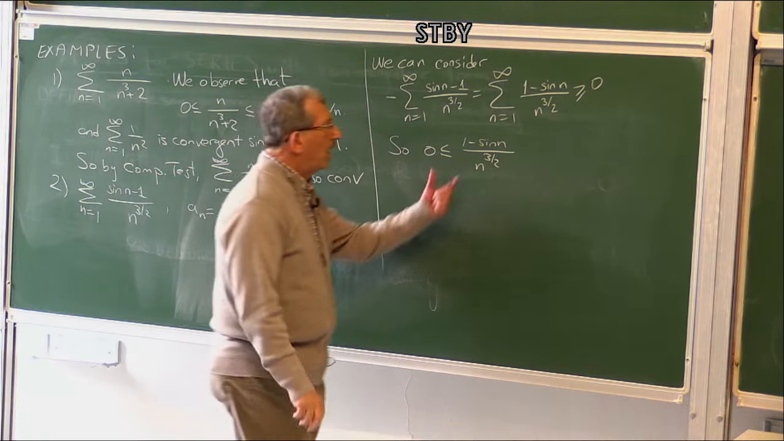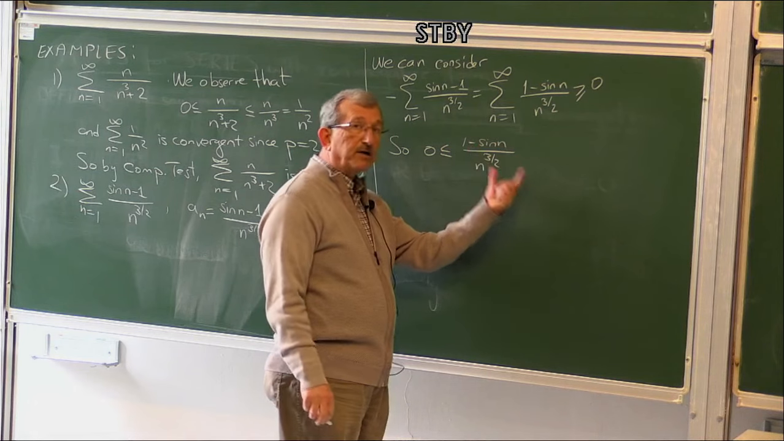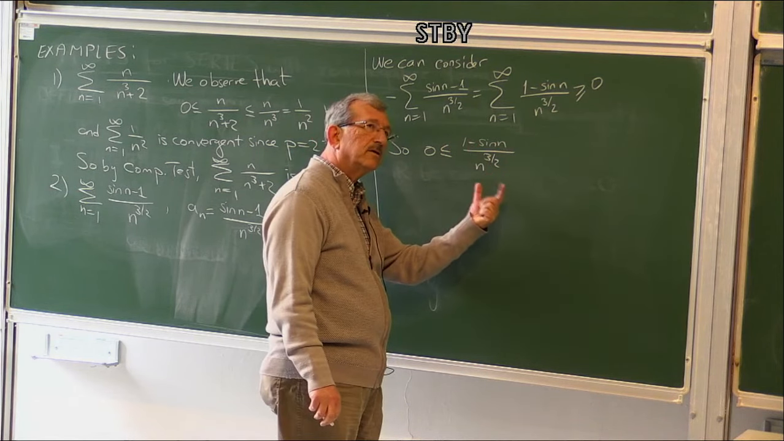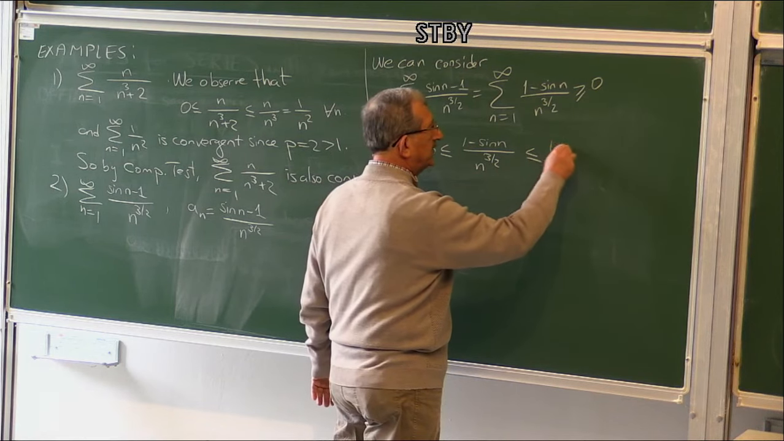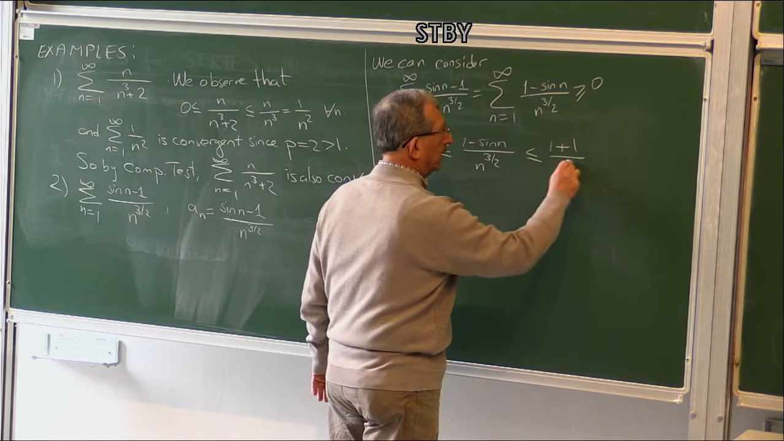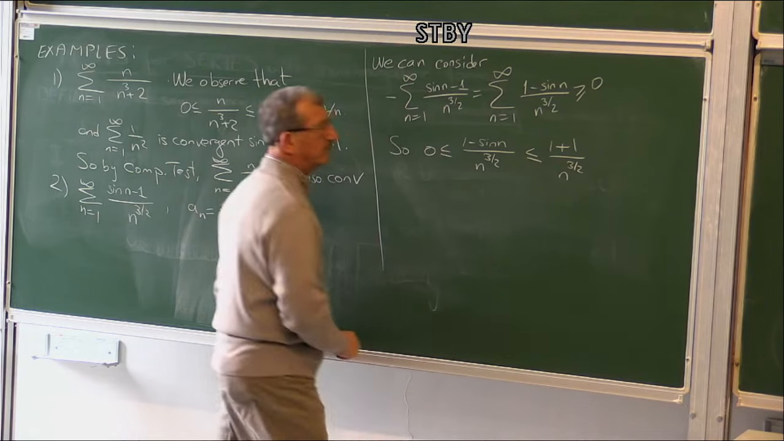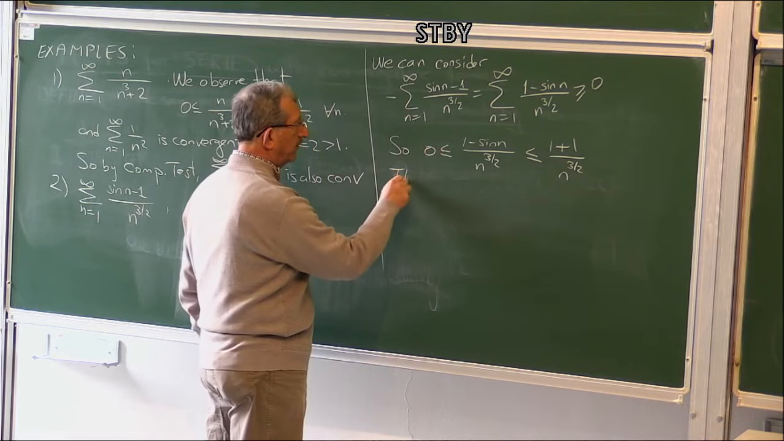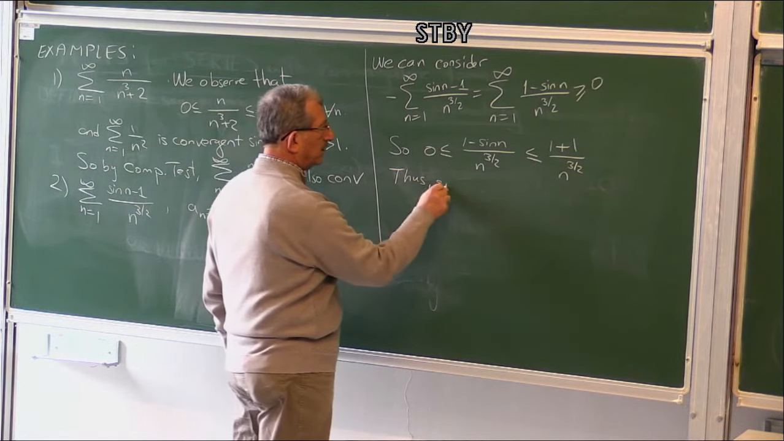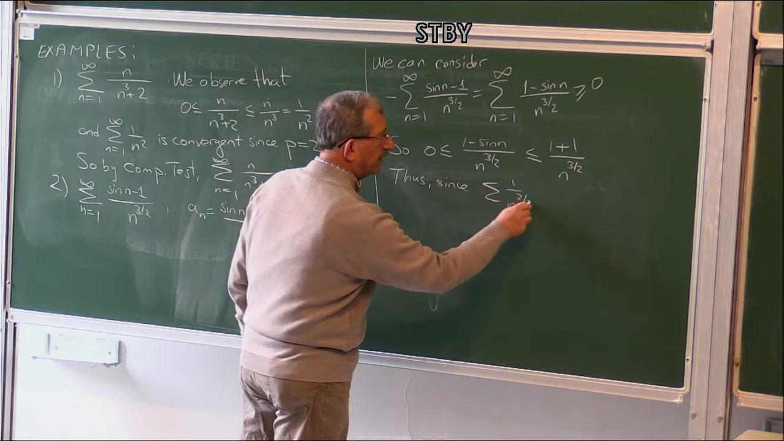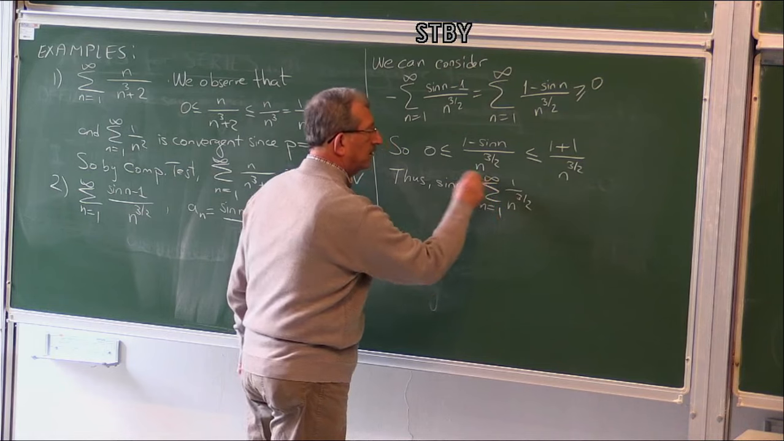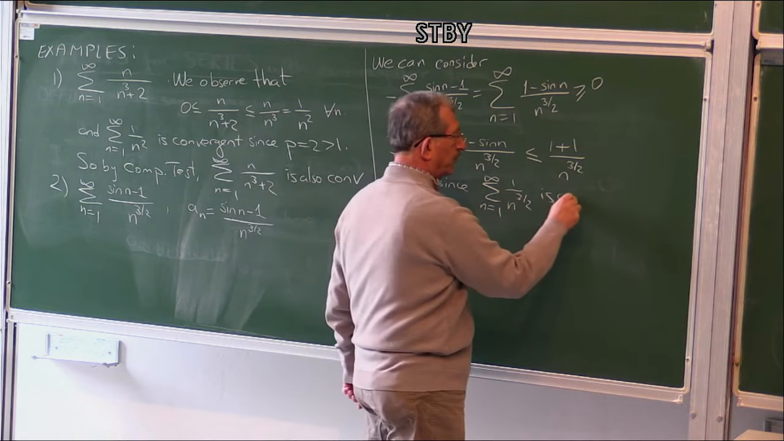Now, sine n can have negative values, but nothing smaller than -1. So this is always less than 1 plus 1 over n to the 3/2. Okay. Thus, since the series 1 over n to the 3/2 is convergent,